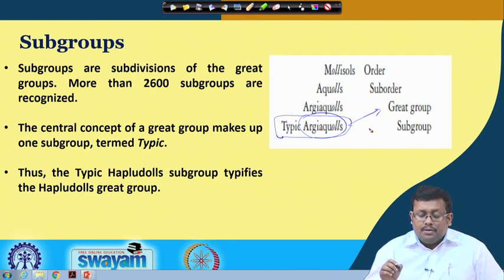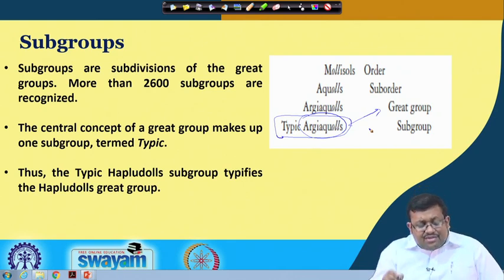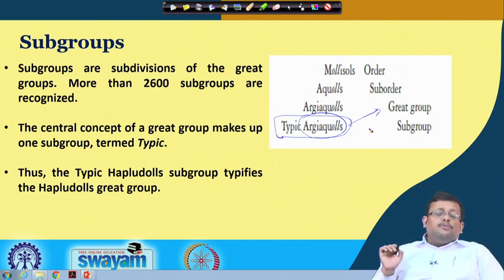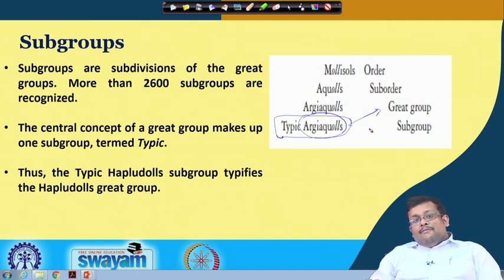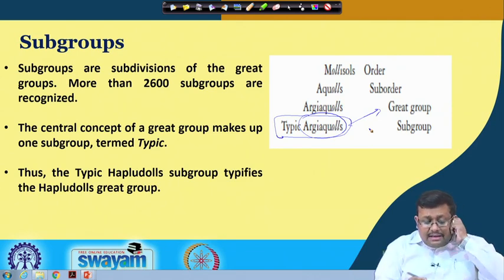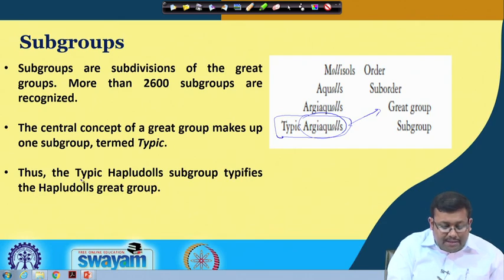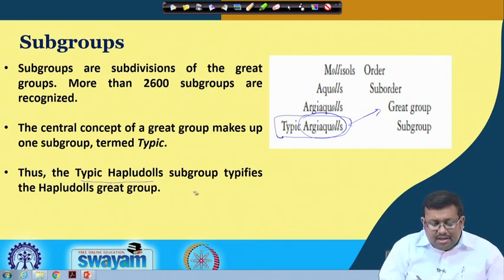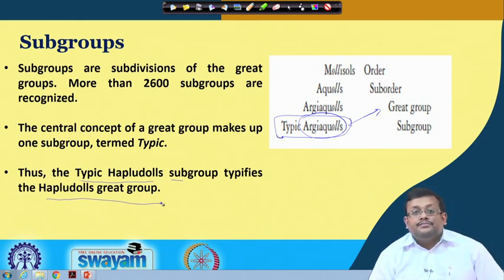So, the central concept of a great group makes up one subgroup, and in that case we generally use typic. Sometimes we use intergrades and extragrades when there are mixed characteristics. Here I have given one more example called Typic Haploudolls, and this subgroup typifies the Haploudolls great group.